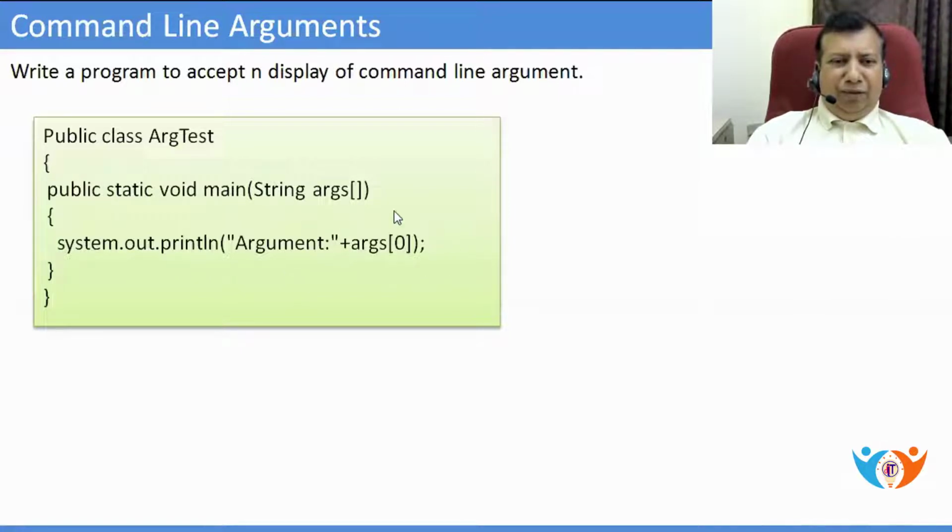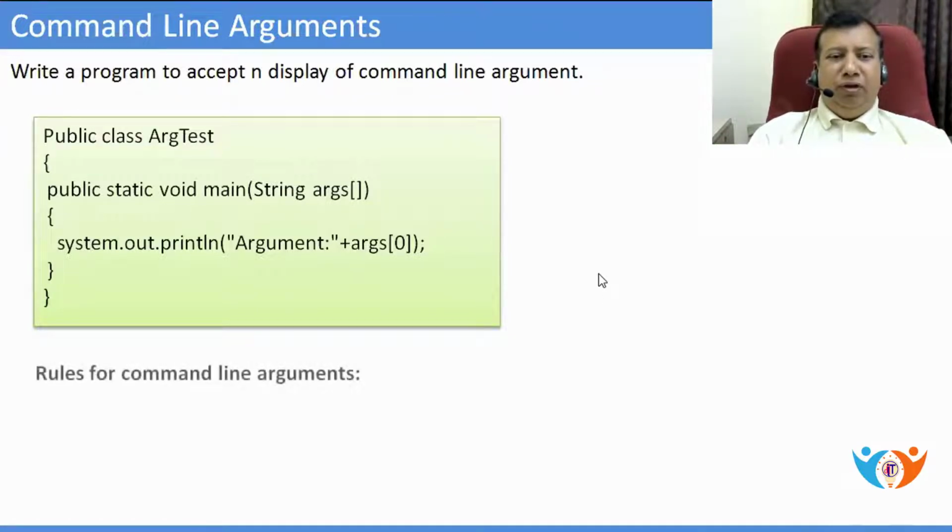As it is the first program, I am making it simple, but there are some limitations in this program. What will happen if the argument is not passed by the user? It will result in an error. Or how will the user understand that we have to pass one argument in this program, because there is no message in this program, so it is not user friendly. As it is the first program of command line arguments, I am making it simple, and I am assuming that the user is always going to pass one argument. We will see this practically, but before that, we have to understand the rules for command line arguments.